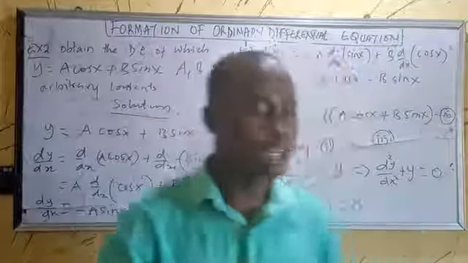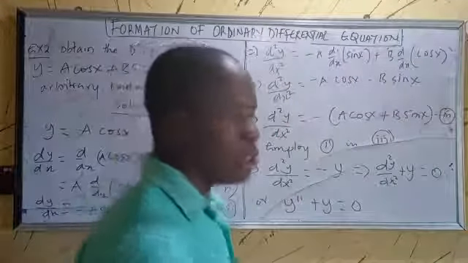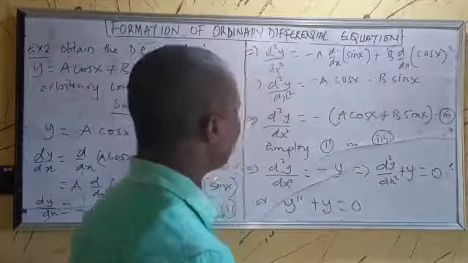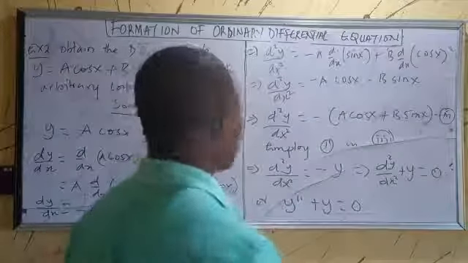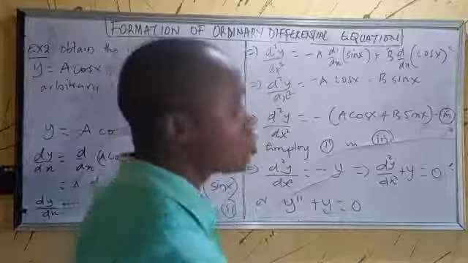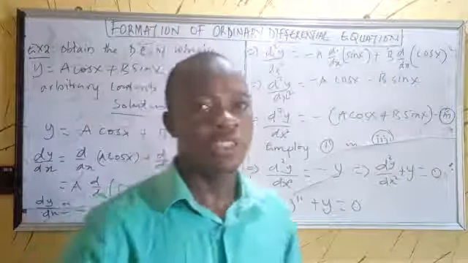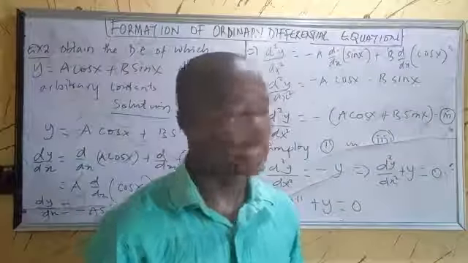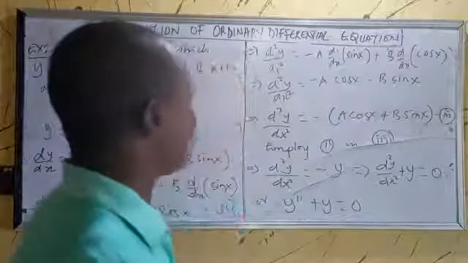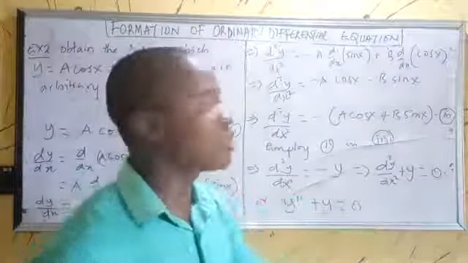You can see that we have already eliminated a and b. Are you getting it? The reason why we take the second derivative is, as I told you at the beginning of the class, that if you have two arbitrary constants, you are going to have a second order differential equation, and if you have 3, you have to differentiate 3 times,